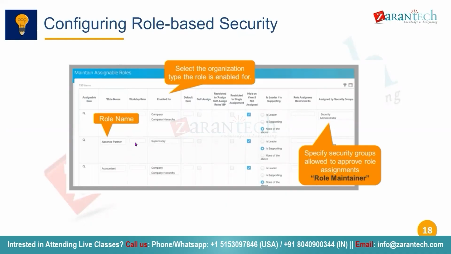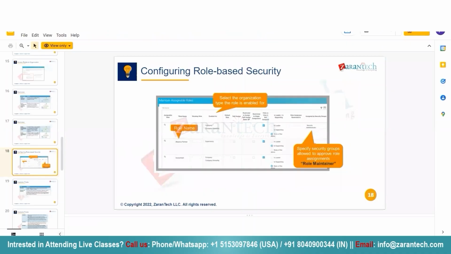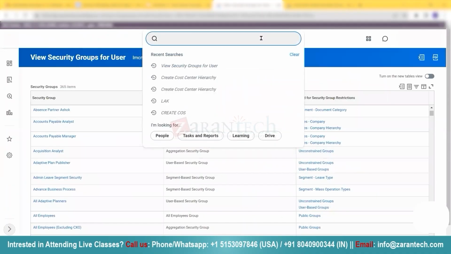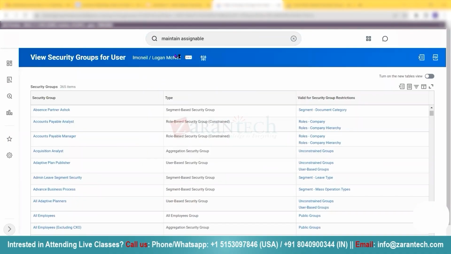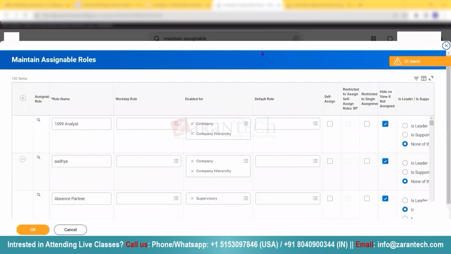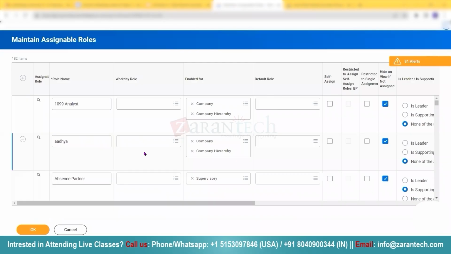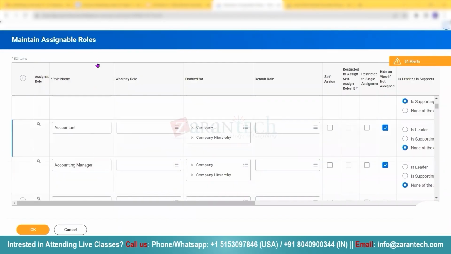Okay, in Workday a role you can assign, but how it has been configured depends on the tenant. So if you can look into the tenant, maintain an assignable role, this is the task. Okay, so first, as you can see here, we have all the role names